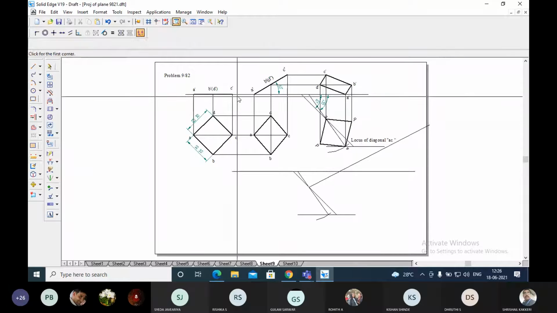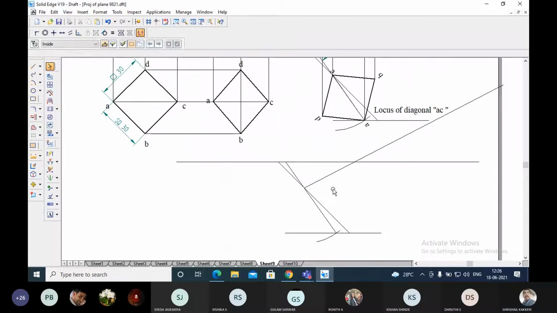Now what I'm doing, you remove this line, or you can keep it as it is for some time, no problem. Select this. Now I'm planning to take this diagonal on this line. If you took this diagonal, your problem will become wrong. So either you take C here or you take A here. It is left to you.